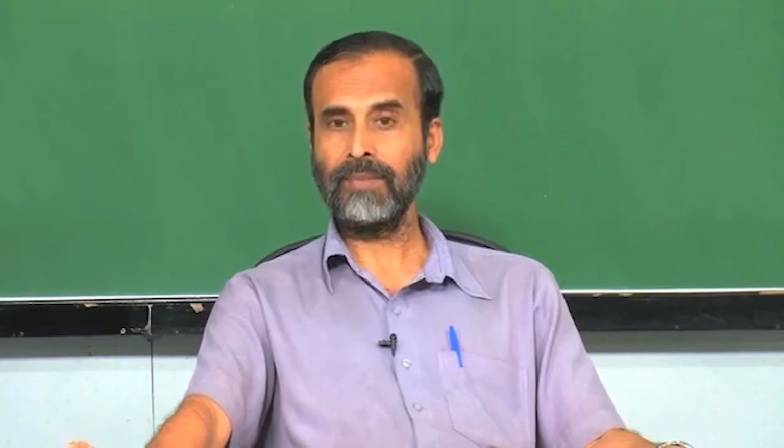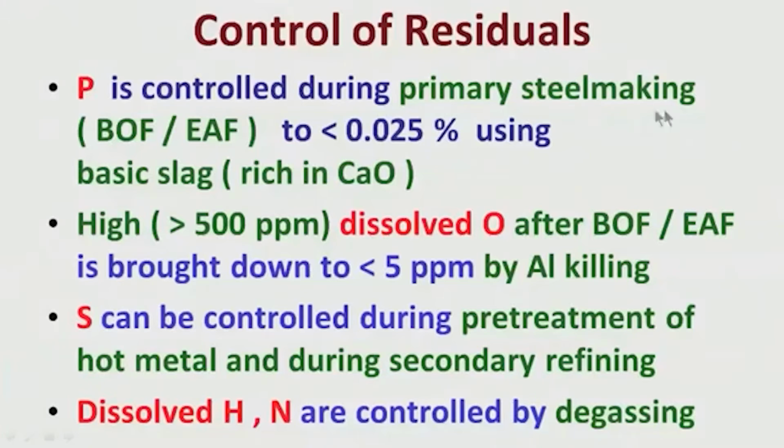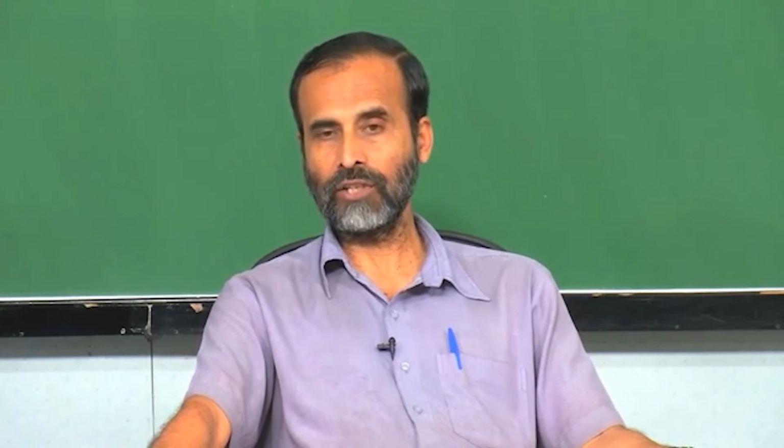So, our first aim is to control the carbon to the limit of steel. A lot of oxygen is used at this stage, and here we can take care of phosphorus as well by using basic slag, that means slag which is rich in calcium oxide. This is called basic because CaO is a basic oxide. The ratio of CaO and SiO2 is called the basicity of the slag. It has to be at least 2 or 2.5, that means the CaO has to be rich in the slag,